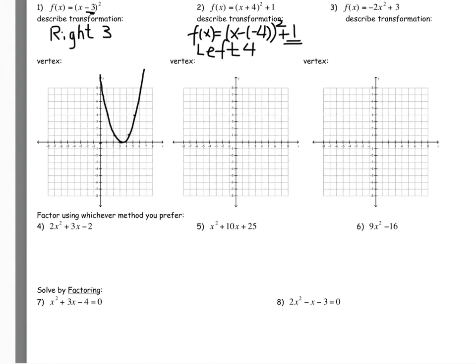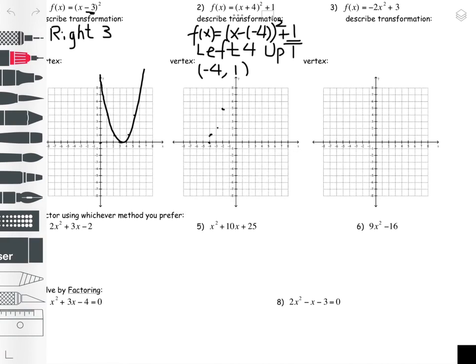And then the plus 1 is outside of your quadratic. So this is telling you it's going to move up 1 unit. So left 4, up 1. Where is our vertex? It's going to be located at negative 4, 1. So from negative 4, 1, I use the same points I used. Right 1 up 1, right 2 up 4,